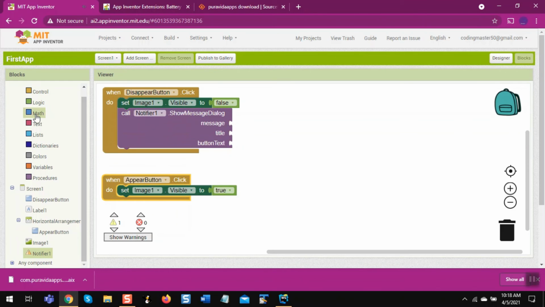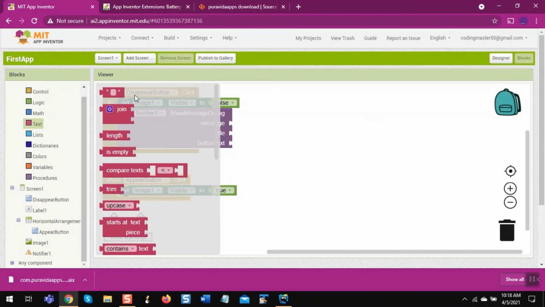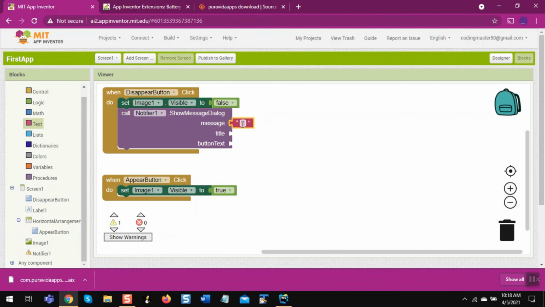For the message, I am going to put "you this appeared your image." For the title, I am going to put "image", and for the button text I am going to put